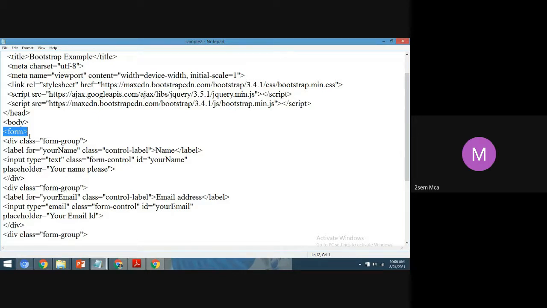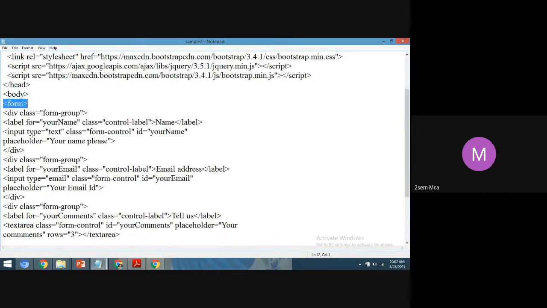Yes, students, one day I gave you the activity to design a form. In that form, what are the tags you have used? Label tag, input tag, and the button tag. Correct, no? Those and the form tag. Those 4 tags you have used. Similarly, here to create a form, we need to use a form tag. Inside the form tag, we have a label tag. What for we use this label tag?